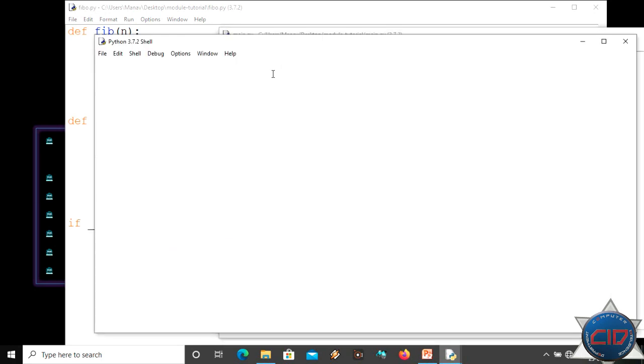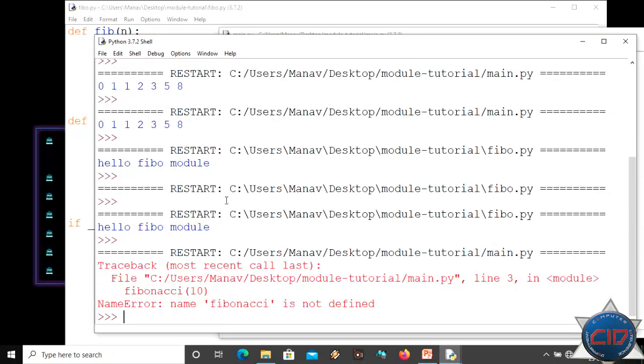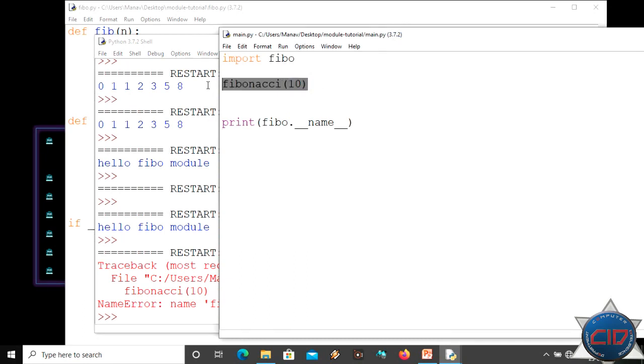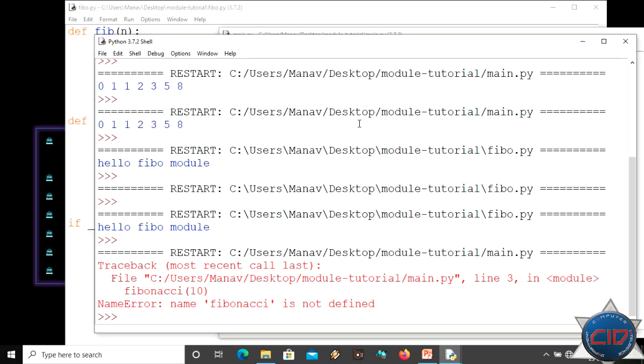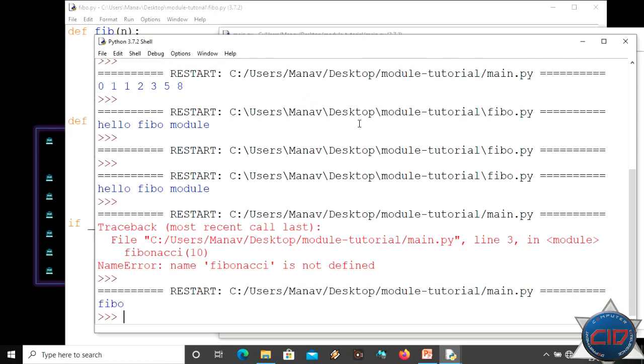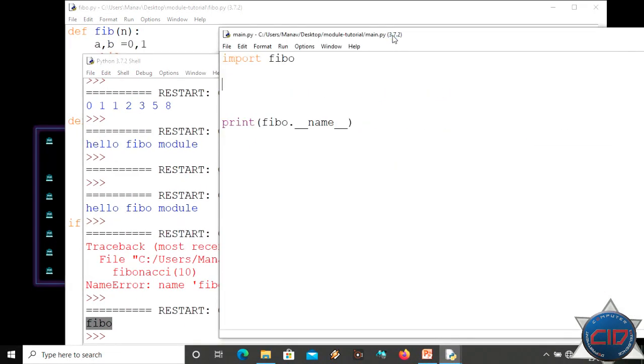Now let me save and run this. Sorry, there is some problem. I'm passing Fibonacci 10 here. Let me remove this. Now we'll see that it is showing the name of the module as Fibo. That means the name of the file without the .py extension. That's it, that is the use.